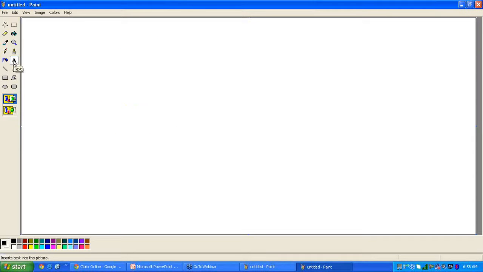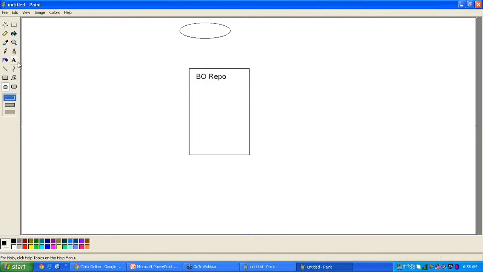So let's see the component-wise business object architecture. Once you install the business object server, it will create one repository. To install the BO, we need one database. Without a database, you cannot install the BO. By default, the BO setup file will install Microsoft SQL Server, but if you want to use your own database, yes, you can. You can use an Oracle database if you want to install BO.